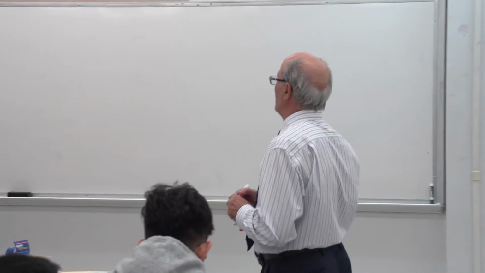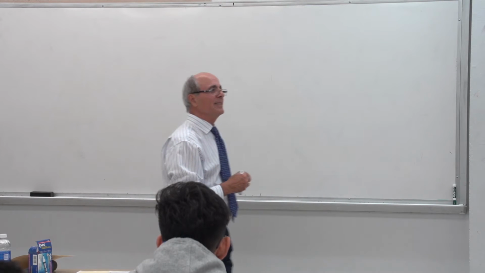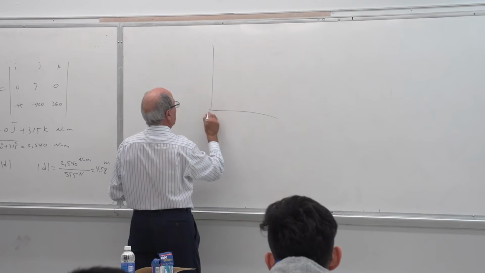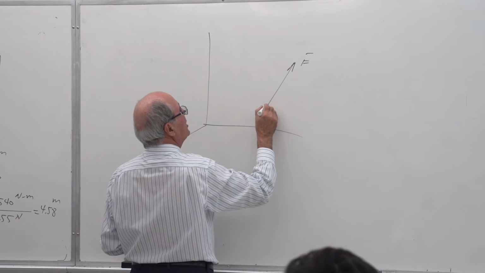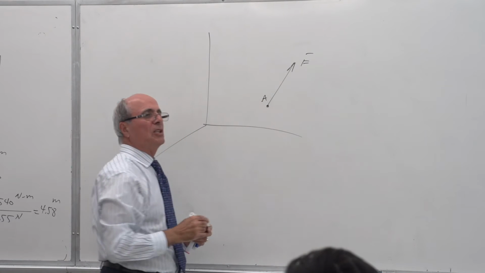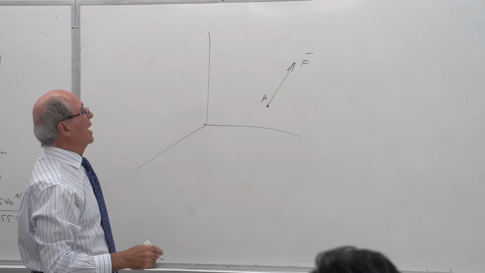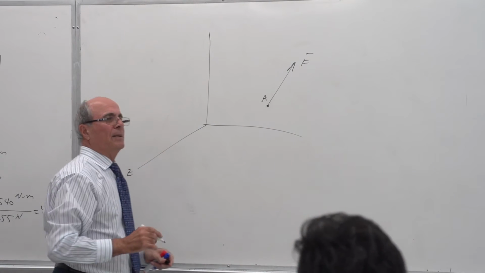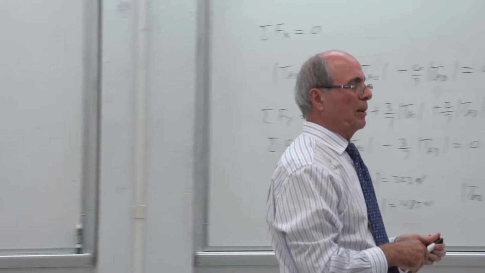Yes? Yeah. All right, so what did I say about the moment about x, y, and z axis? So I said, let's put it in perspective. Here it is. There is a force here, F, applied at point A, and somebody comes. This is the space. Somebody comes and asks you, find the moment of this force about the z-axis. Yes or no? How do we approach this?